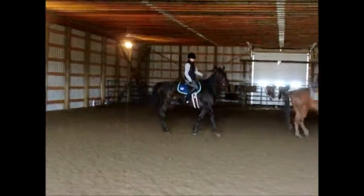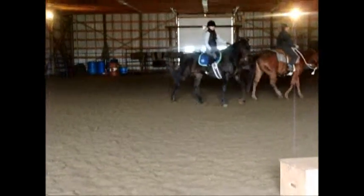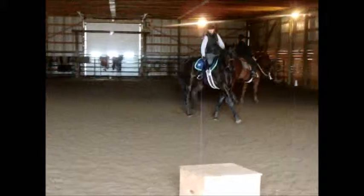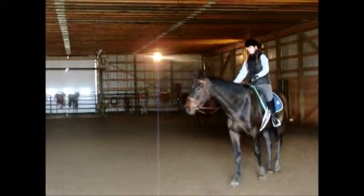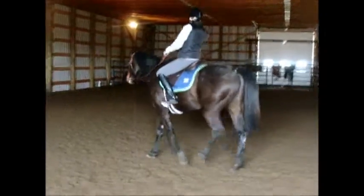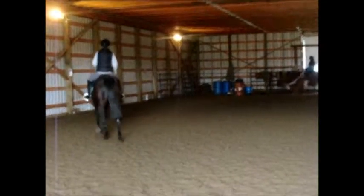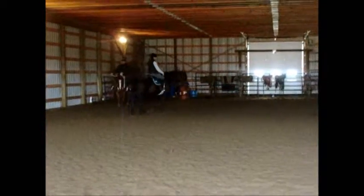And let's get a little bit of speed out of it. You guys are in a funeral procession. Get some effort out of them a little bit. And it's not a squeeze, your leg has rhythm to it. It's in time with the inside hind leg. So when the inside hind leg leaves the ground is when your leg needs to come in and bump just lightly. You should be thinking about